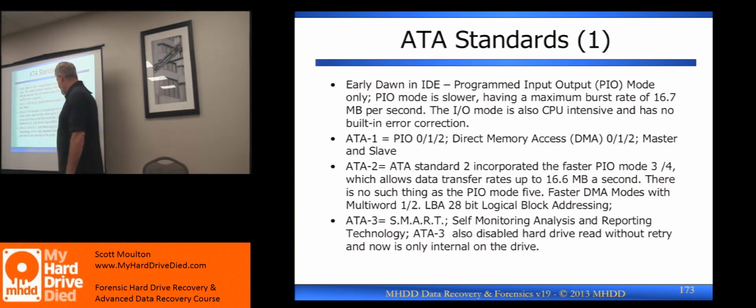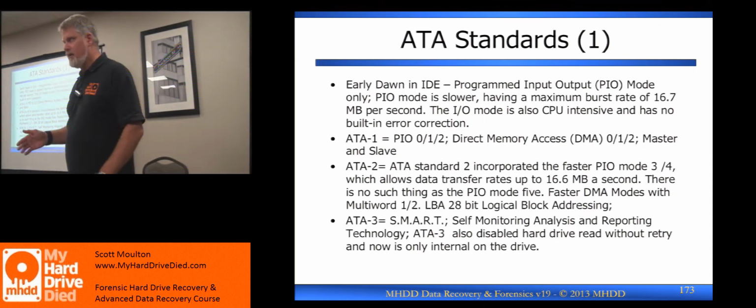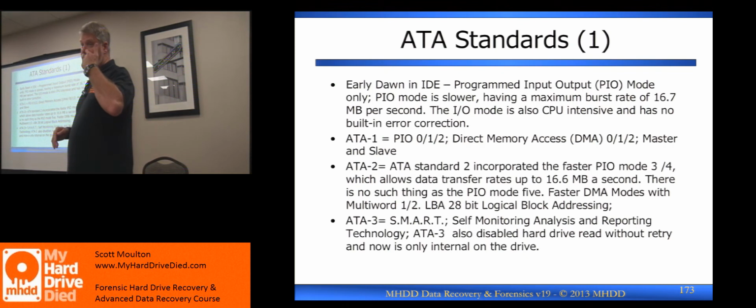They don't listen. So SMART, self-monitoring analysis and reporting technology, IBM added that into their drives in the ATA3 spec. There's a couple other things that were added into ATA3, but SMART is a big one. Most of the time, in the early days, SMART was disabled because if a manufacturer made a drive that told you that it was going bad before the warranty was over, it cost the manufacturer money. So they turned it off. So even though it was able to predict it, it wasn't used because the manufacturer was afraid that they were going to have to spend money.